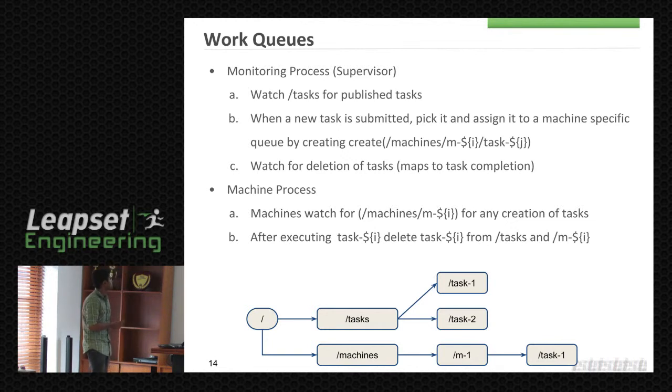So those are a couple of use cases. Basically, each and every one of these use cases should be matched or aligned with the data model of Zookeeper. This particular data model where you have child nodes one by one, and if you can align your use case to this data model, you can get the task done.